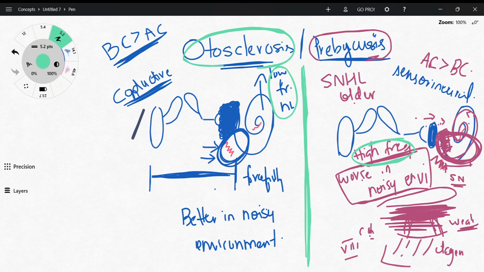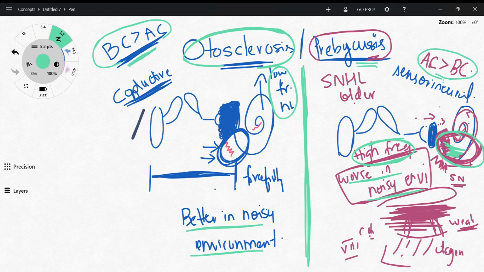These people are going to hear better in noisy environments and these people are going to hear worse in noisy environments because the hair cells that transmit the higher frequencies are damaged. And again, because this is just a classic conductive versus sensorineural hearing loss thing, air conduction is going to be better than bone conduction for presbycusis because it's sensorineural, and bone conduction is going to be better than air conduction for otosclerosis because it is